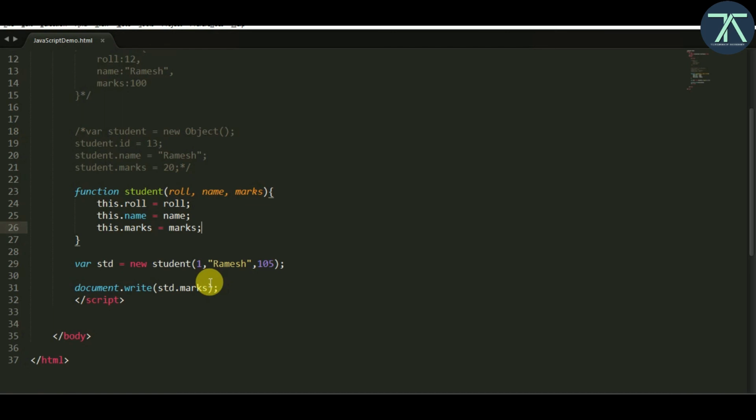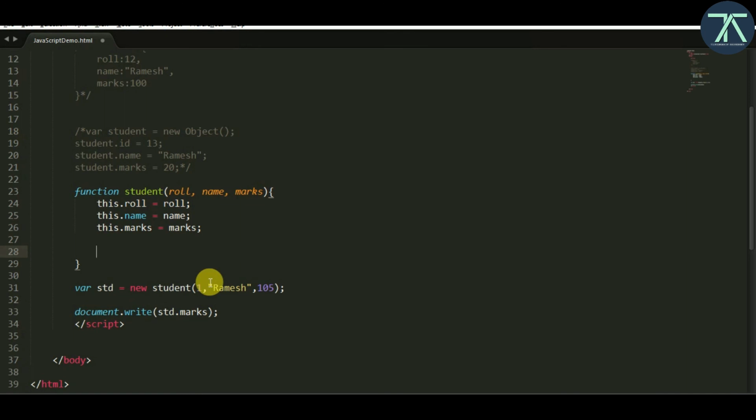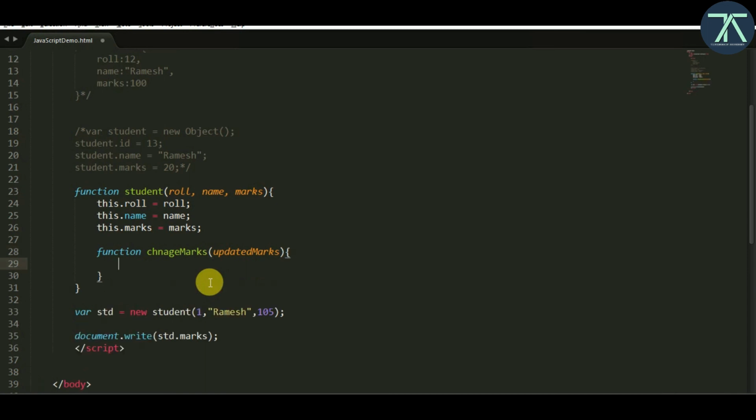Now we'll see how to create some behavior or some functions inside of an object. An object should have some properties and some functions also, right? So let me write a function inside of an object. I write a function change marks, and I pass a parameter like updated marks, and what I do is change this marks value with this updated marks value.